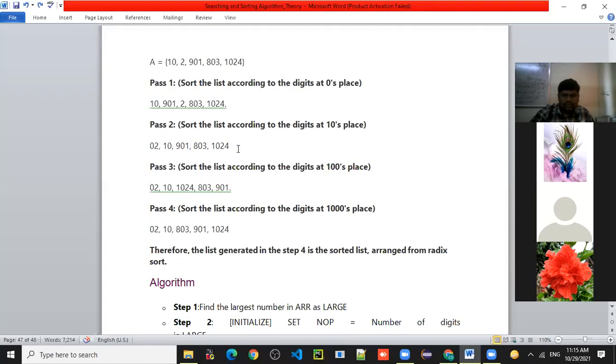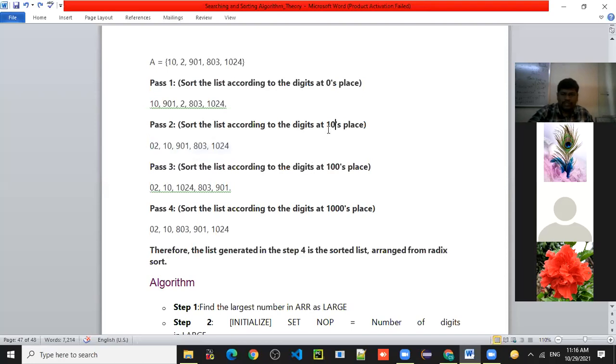I think this is not in a sorted order. So how to consider this one? 803 in second number, 02.